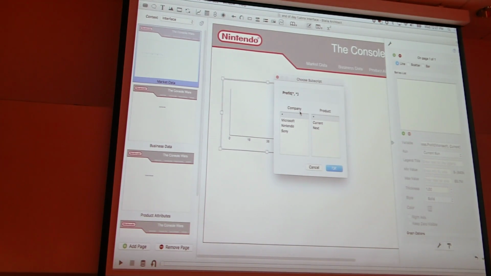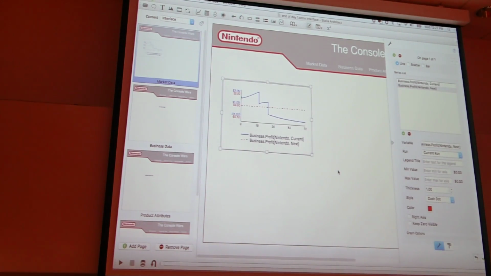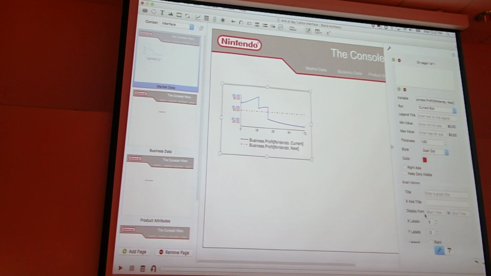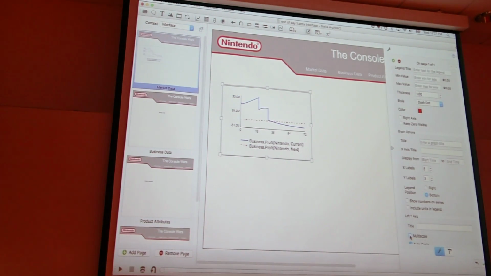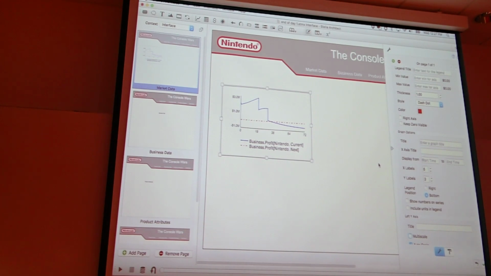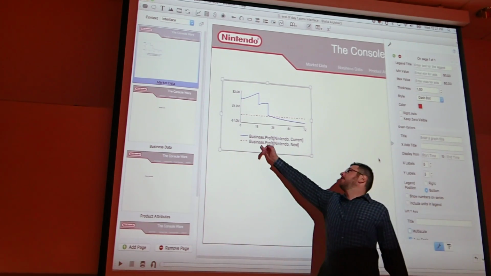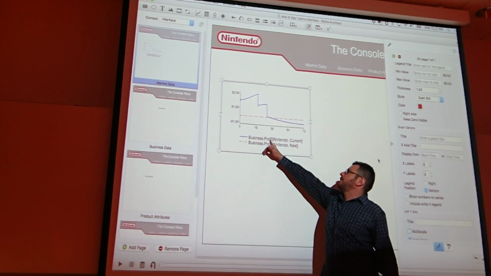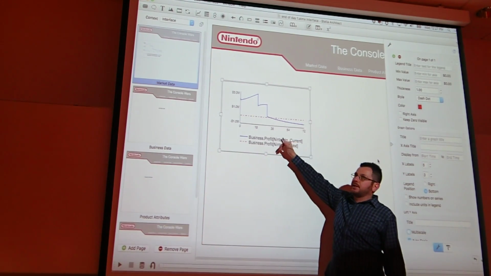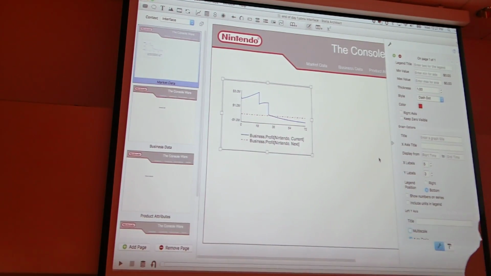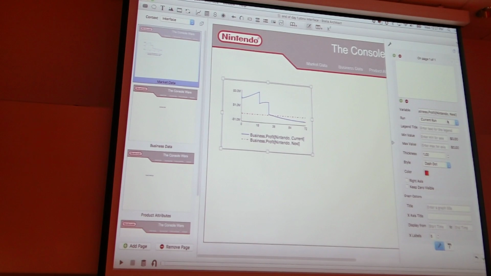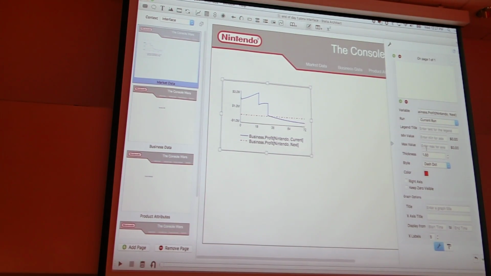Okay, and it's Nintendo both. Okay, and let me get rid of multi-scale here. So now we've got this really big, long, ugly legend that means nothing to anybody. Probably it doesn't mean all that much to everybody here. Business is the name of our module, profit is the name of our variable, and then these are the array indices that we're plotting. So it would be a heck of a lot better if it just said